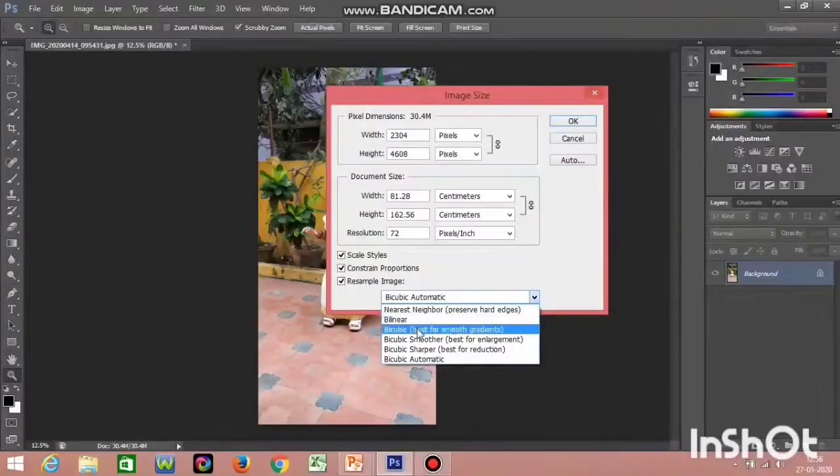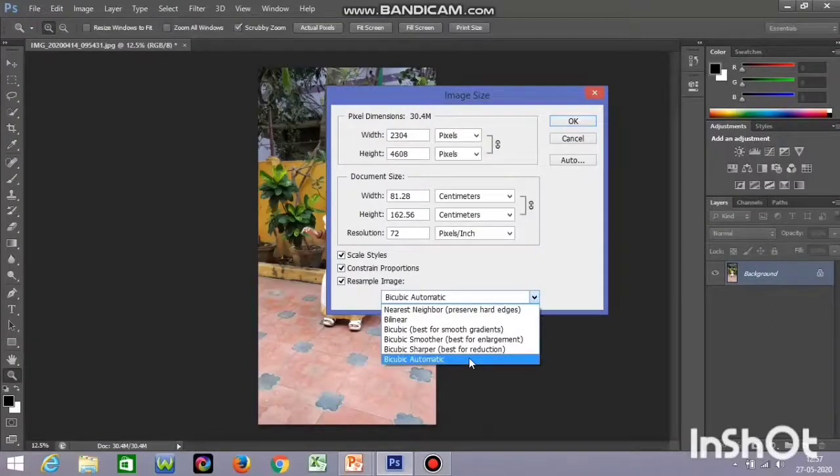Next is bicubic. It is best for smooth gradients, and for smoother enlargement and a sharper image. If you want that, you choose this. And bicubic automatic, if you choose it, will take all these three and adjust accordingly. Now what does bicubic do? It is the slowest method and it is very precise, because it examines the values of the surrounding pixels.